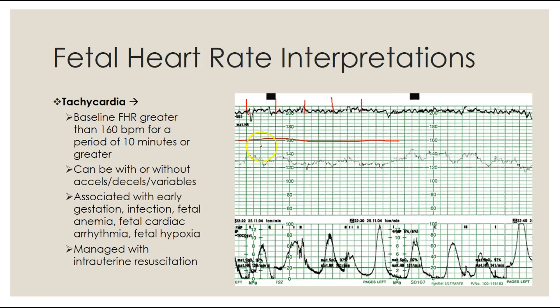and actually it's even difficult for me to see. This strip looks like it's been shrunk, sort of. So these dark green lines are your 1 minute intervals. You cannot see the 10-second lines between each minute. So we have definitely 10 minutes or longer. So we can say that this baby is tachycardic because the heart rate stays up there for longer than 10 minutes. And we're looking at, if you draw a line down the area where the fetal heart rate is at,